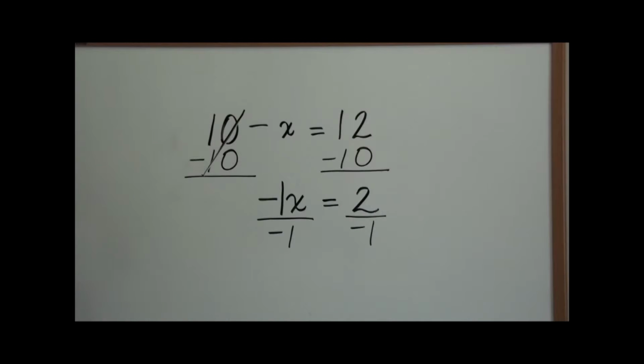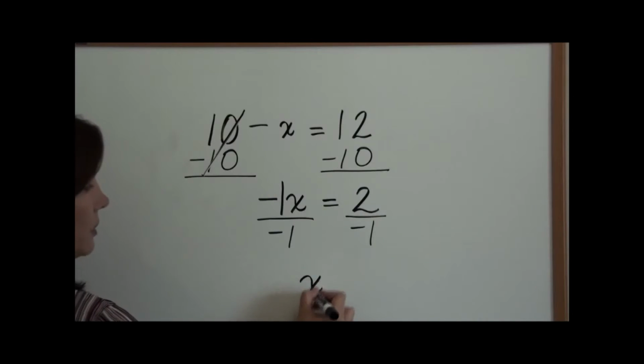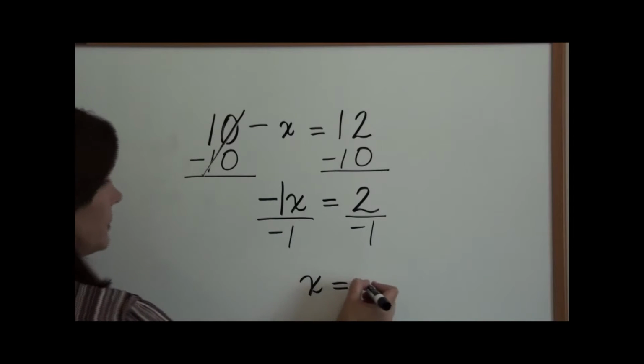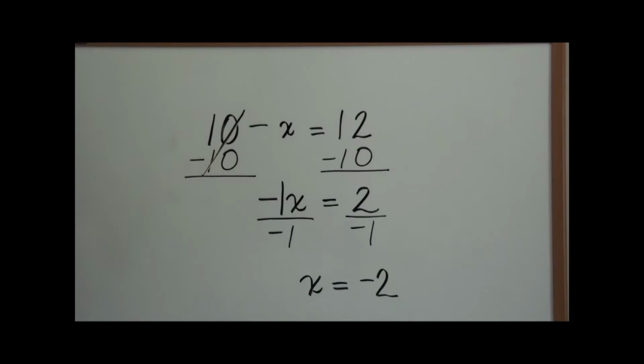Negative 1x divided by negative 1 gives me positive 1x. 2 divided by negative 1 gives me negative 2. So the solution is x is equal to negative 2. If we wanted to check, which is always a good idea if you have time, plug the negative 2 back